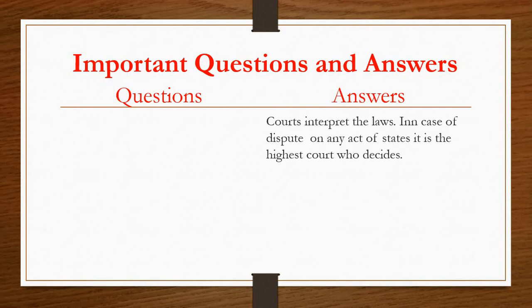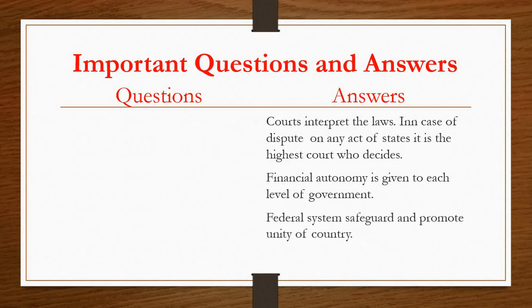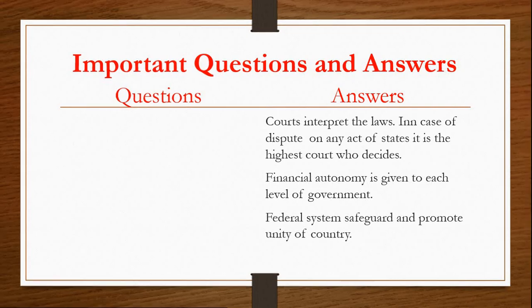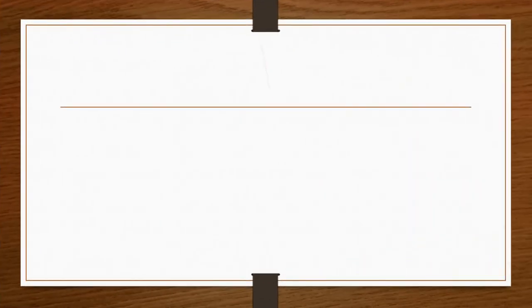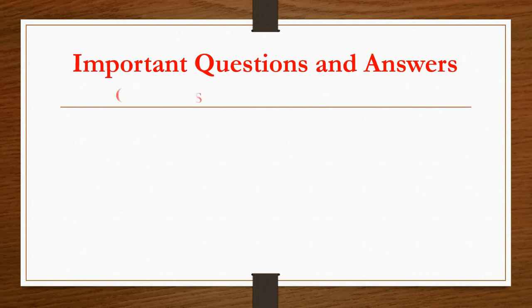Courts interpret the laws in case of dispute on any act of state. It is the highest court who decides. Financial autonomy is given to each level of government. Federal systems safeguard and promote unity of country. Now the next is,